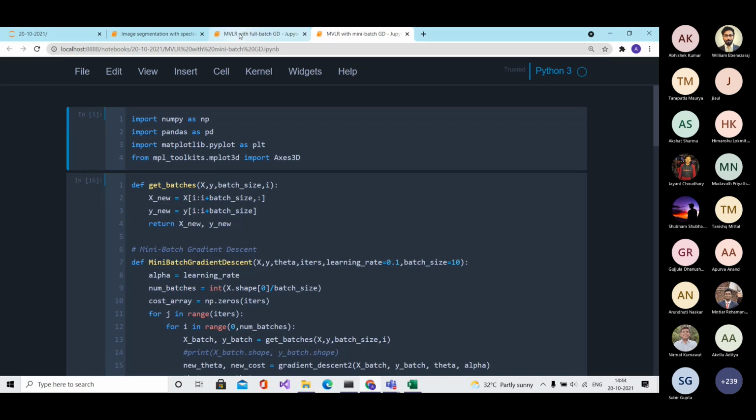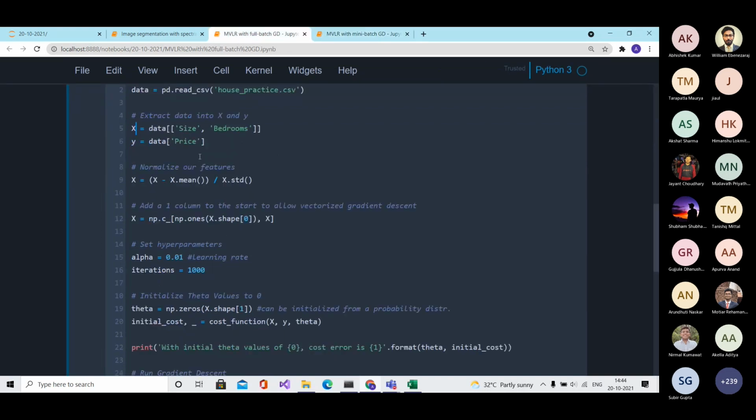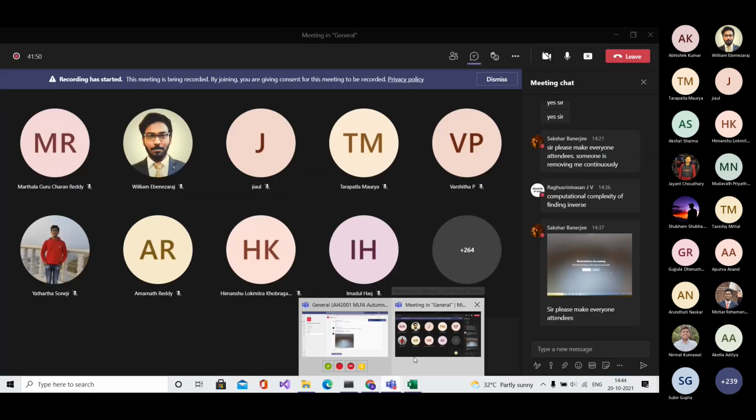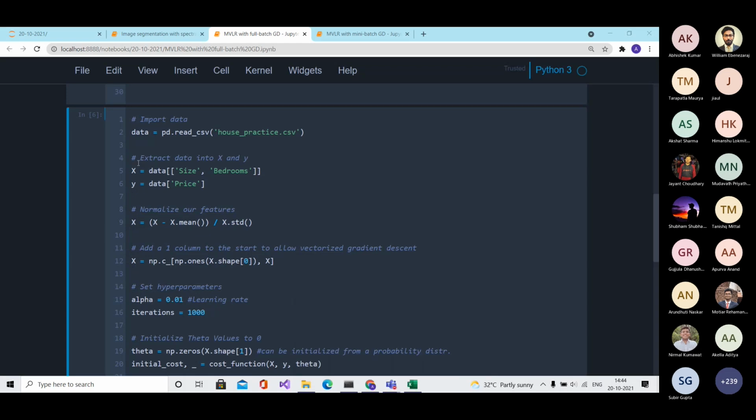Can anybody help me out in understanding what might be a potential issue with full batch gradient descent, or this particular variant? One of the issues that comes up over here is when your data set is very large, then iterating over the entire data set gets very tedious.